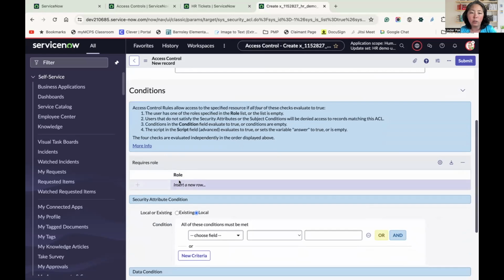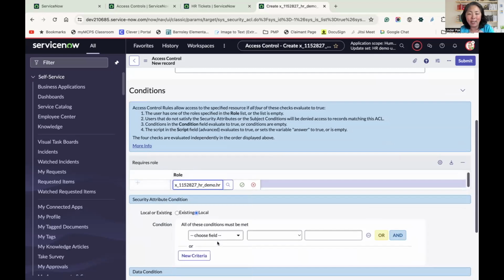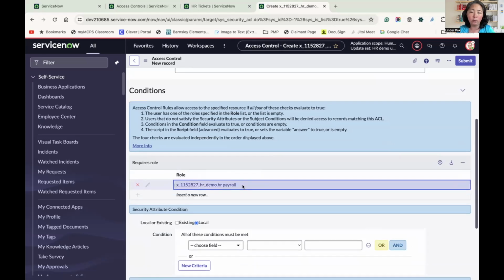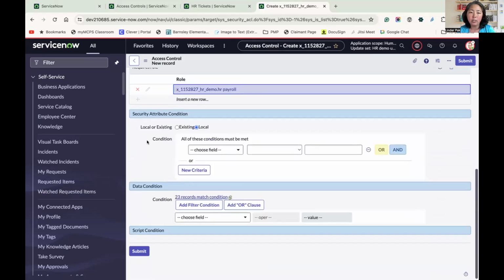Okay, so role access requires roles. So Sam is part of payroll, right? So we're going to go ahead and enter payroll for the role. Okay, now, so these are extra parameters for the access, for these permissions, okay? And remember in the presentation,